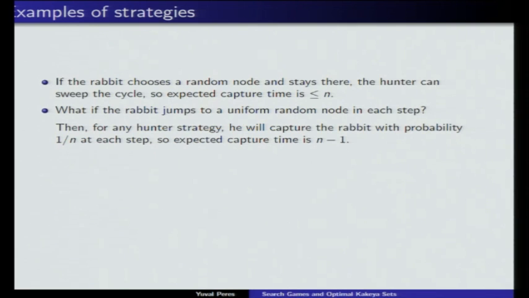The rabbit picks a random location. It should probably stay around there longer, because the probability will be far from the hunter. So what do you suggest? He picks a random location and then stays for k steps and then picks another one.